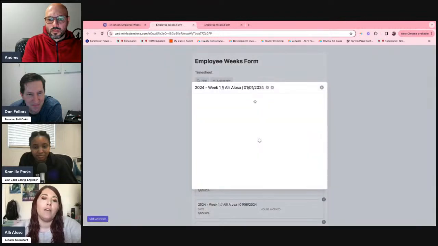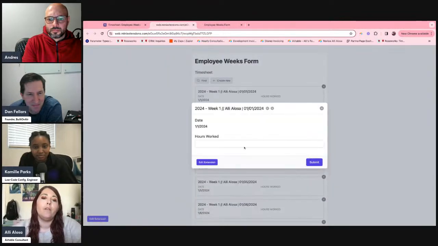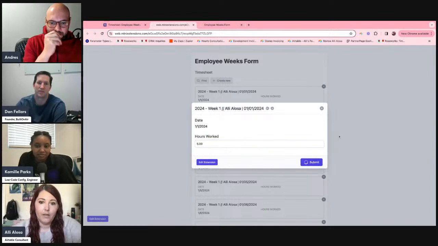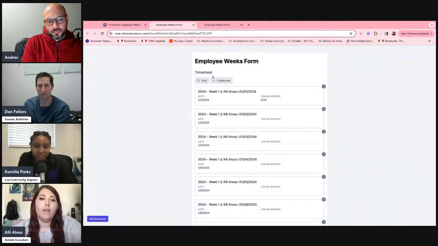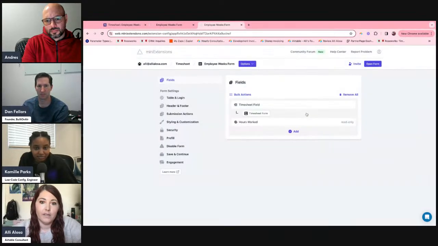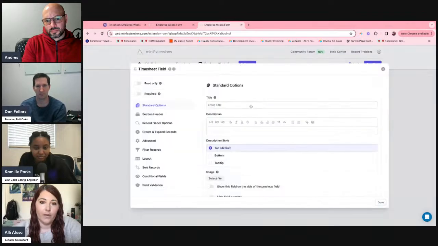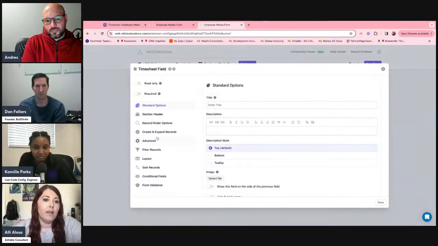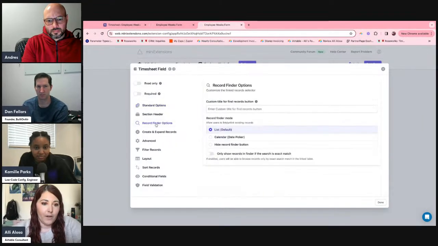And if I click on them, I can actually edit them and put in the hours worked here and hit submit. A couple things I do want to change. I don't want them to be able to create a new one or link things to it. So we can go into mini extensions. And if I click on the field for timesheets and go to record finder options,